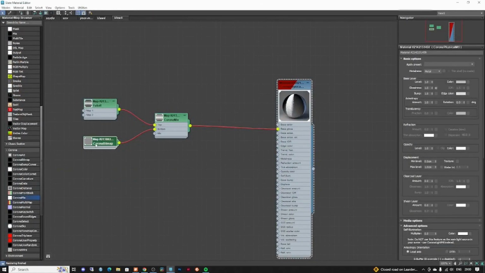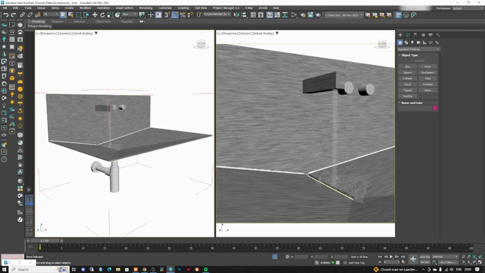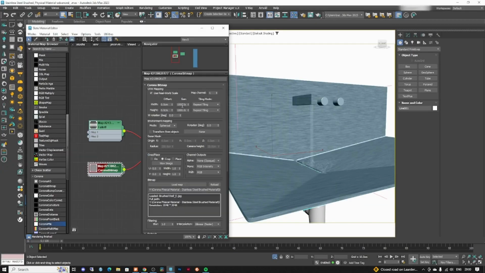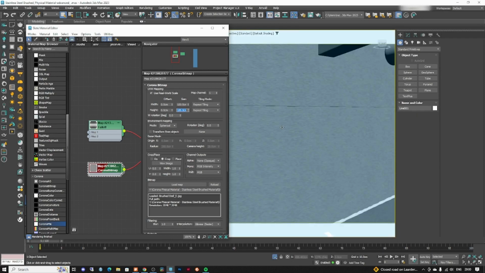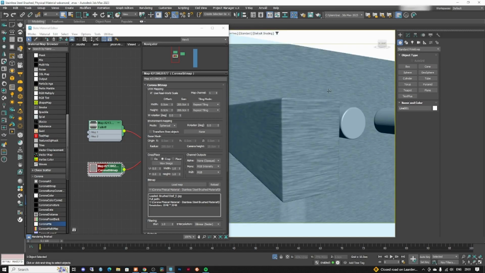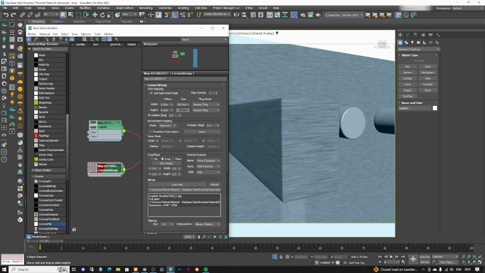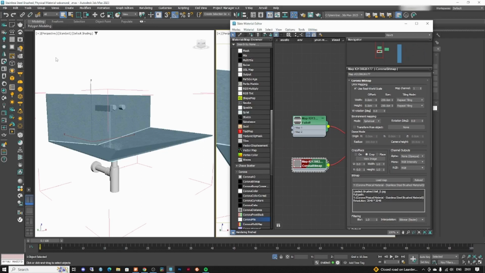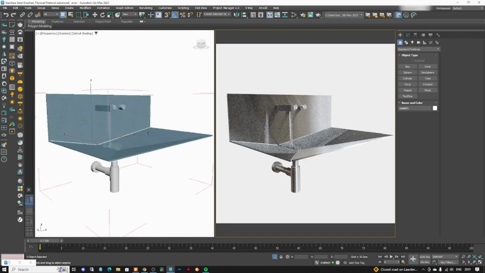I also would like to see this texture, how big it is. Well, it's quite big, I will say. Maybe I can make it a little bit smaller. Let's see, 100 by 100. This is way too small, so let's make it 200 by 200. I think, yeah, this could work quite well, maybe a little bit bigger. Yeah, this looks fine. So now if I start my render in here, I can see my material, which is